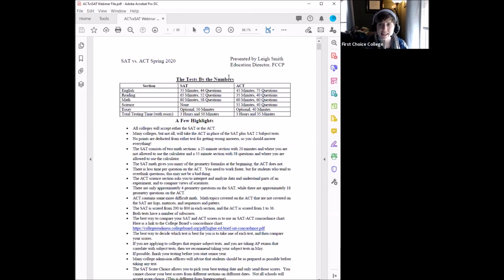Basically, you can take the ACT as of now. It's still happening in June and July. The SAT will be happening until August, so that may affect your plans, and students should pay attention to registration deadlines. They should pay attention if they were scheduled for the June SAT, and look out for those emails about early registration. Students shouldn't be afraid to switch gears if they were already planning on taking the SAT. They shouldn't be afraid of switching to the ACT.